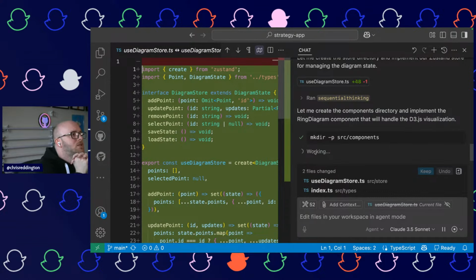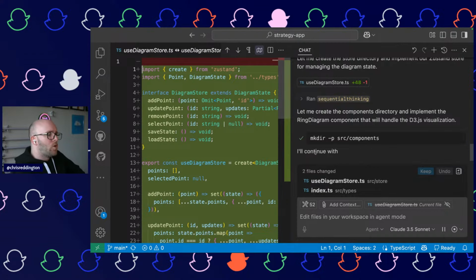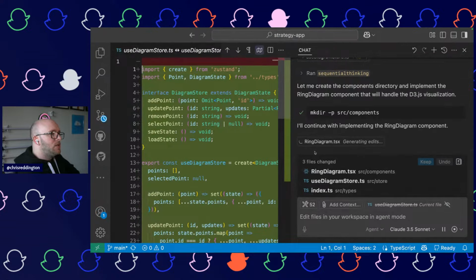Yeah, because I guess it's kind of going back to Sonnet, I suppose, here to solve that subtask, is what I'm assuming it's doing. But figuring out what components are needed, what ones we need to make to then go and solve that. Okay, so we're making the ring diagram component now. Nice.